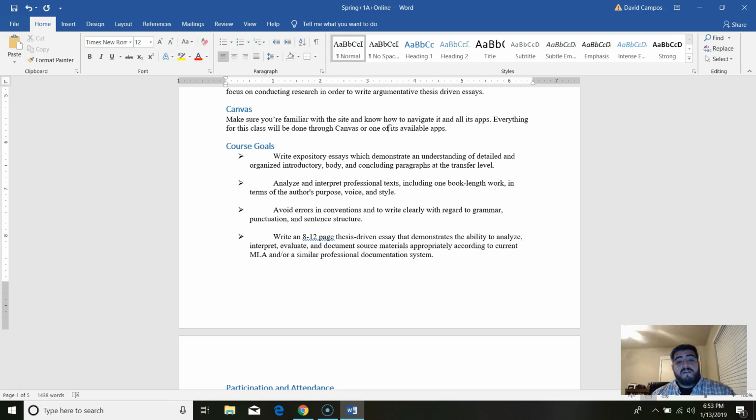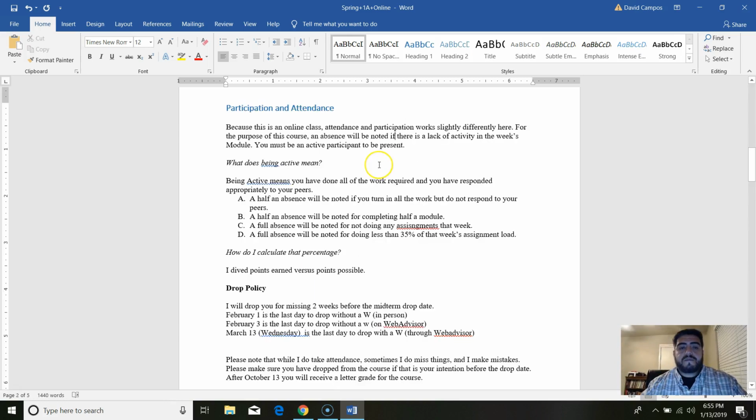Avoid errors in conventions, and write clearly with regard to grammar, punctuation, and sentence structure. Write an 8 to 12 page thesis-driven essay that demonstrates the ability to analyze, interpret, evaluate, and document source materials appropriately according to current MLA and/or similar professional documentation system.